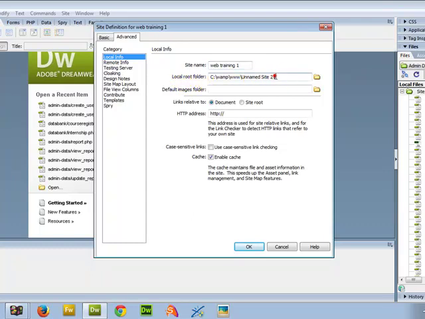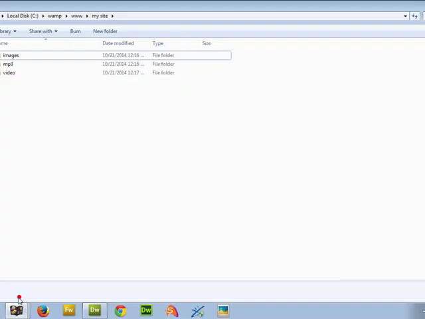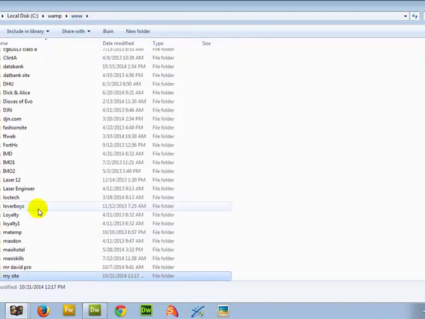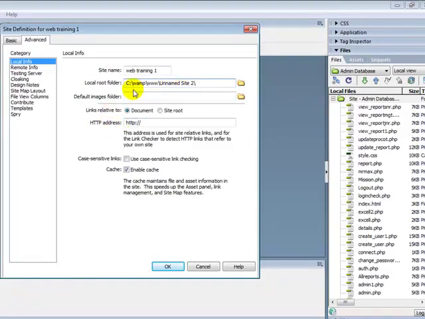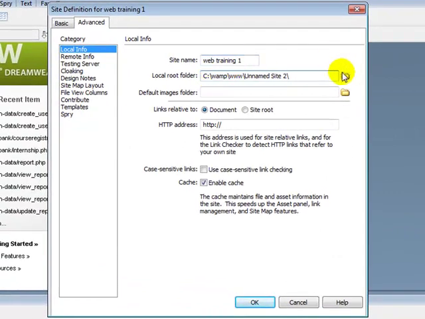Now what is this local root folder? This local root folder is that directory that you have created in step 1 and 2, inside my W folder, where you have my site, and that's what is called your local root folder. So you have to link it to it. So you already have the directory path. If you don't have the path, simply click on